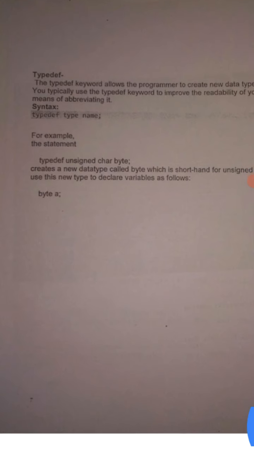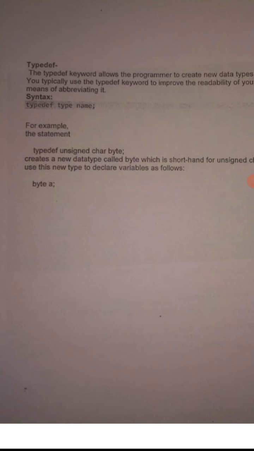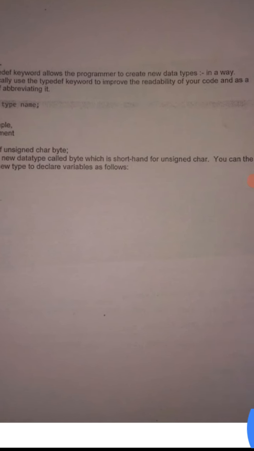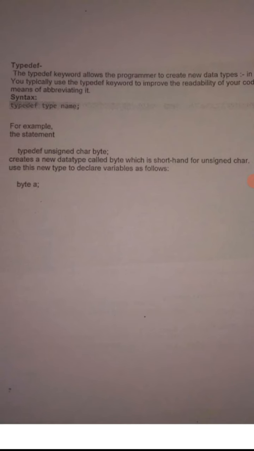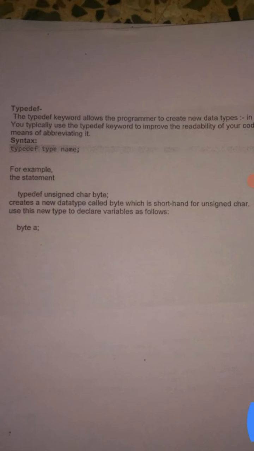Syntax: typedef type name; For example, the statement typedef unsigned char byte; creates a new data type called byte, which is shorthand for unsigned char. You can use this new type to declare variables as follows: byte a. This is a typedef.